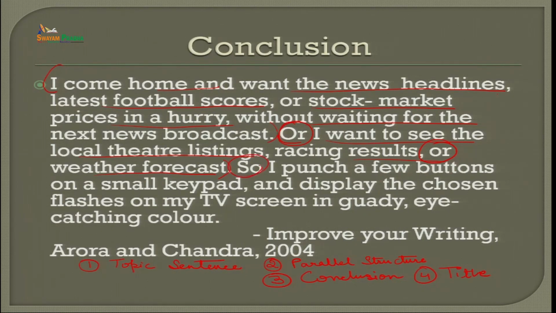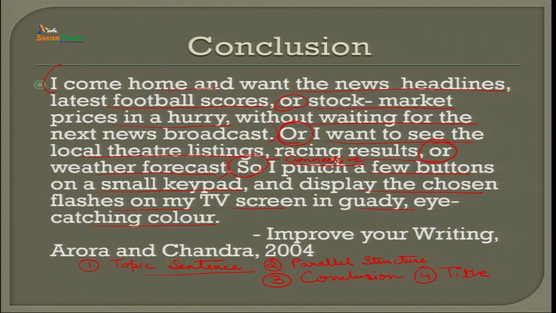So is again a key connector over here, a connective, right? How is it a connective? Because it is trying to connect two things together: the previous idea and the second idea, because this is the result of the previous one. I punch a few buttons on a small keypad and display the chosen flashes on my TV screen in gaudy eye-catching color. So, it clearly indicates that I am using or to bring about the parallel structure, the parallelism in this sentence, and then further we can understand what would be the topic